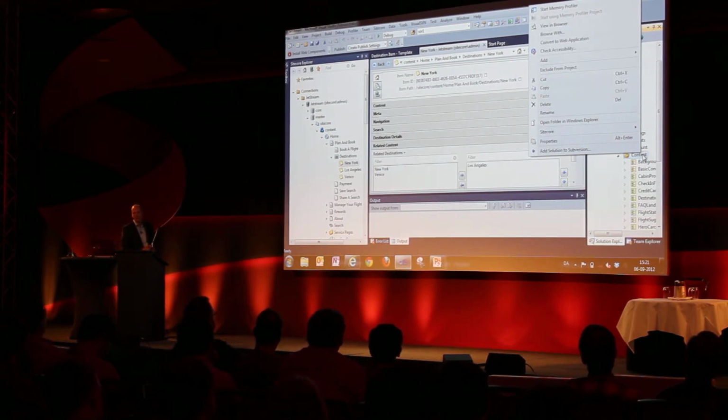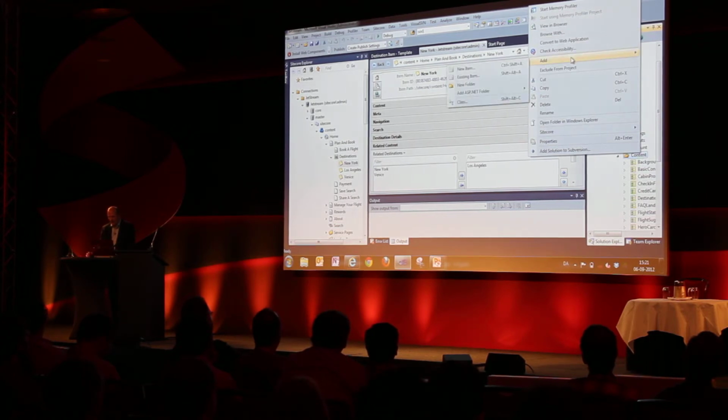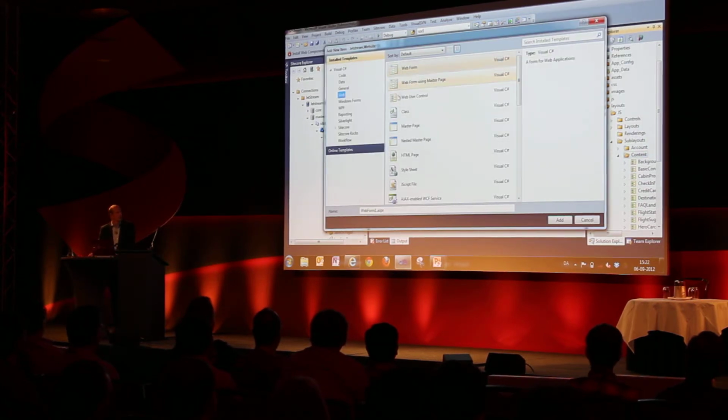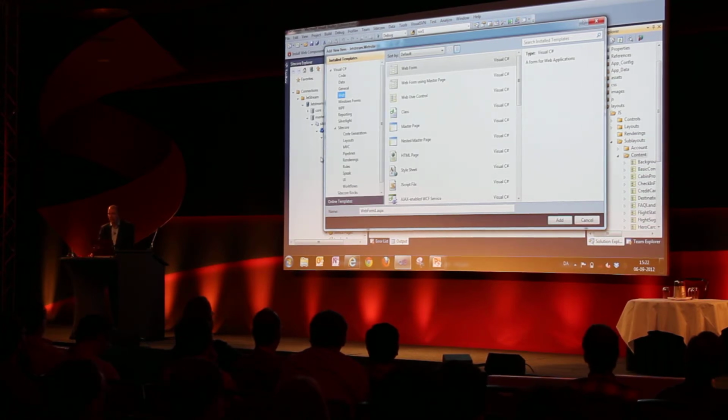Normally you would add that from the developer center in order to get both the item created and the physical file created. If you just add it from Visual Studio, we know we have to manually create the item afterwards and then do the connection. Well, when we add the component from Rux, it's just adding a new item in the normal way that we would in Visual Studio, but instead of choosing from the C# templates, we now have the Sitecore templates,